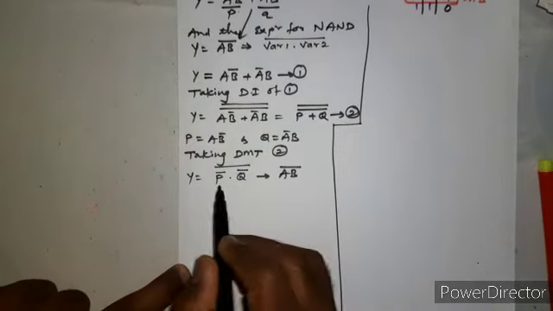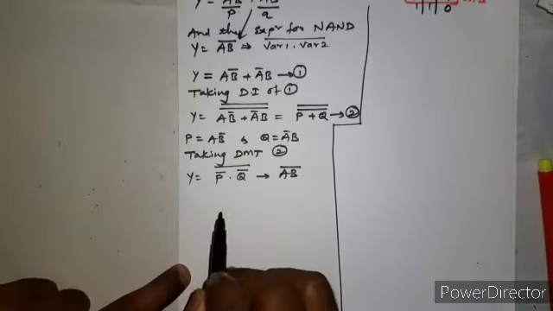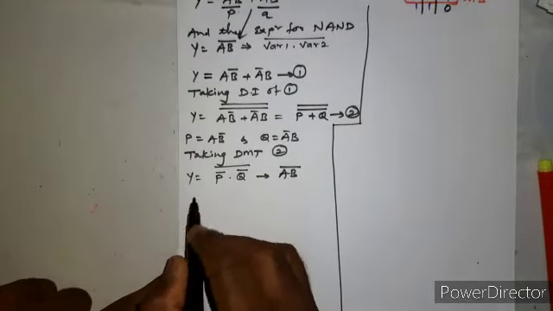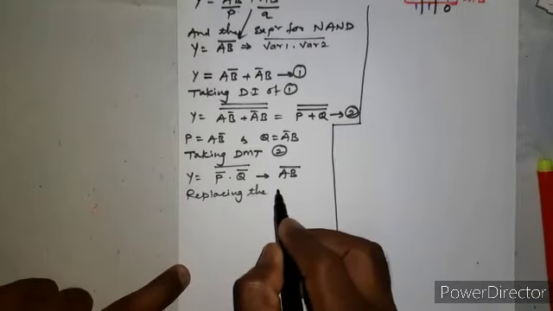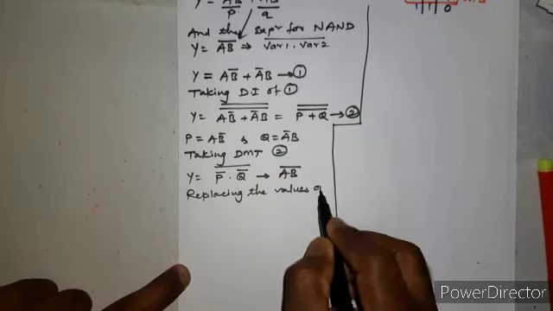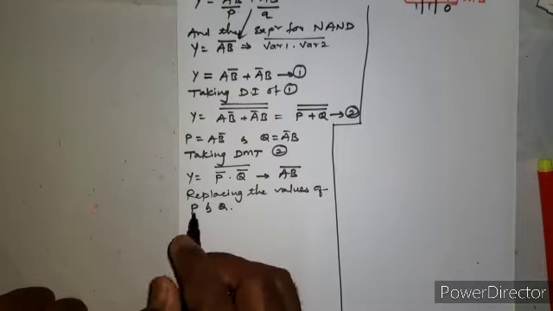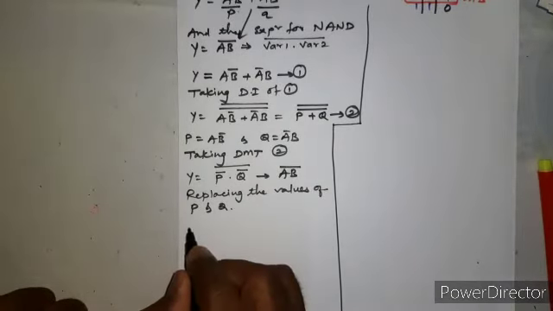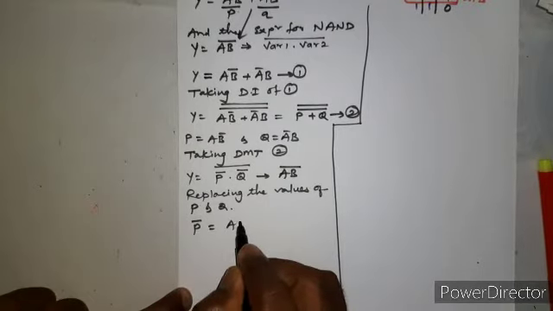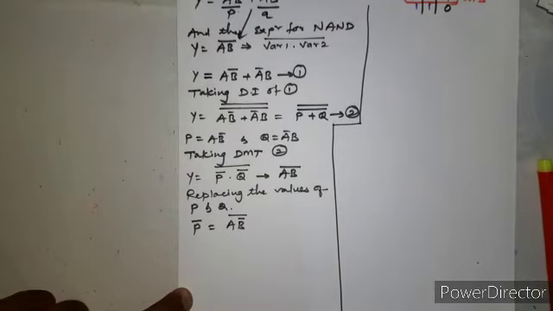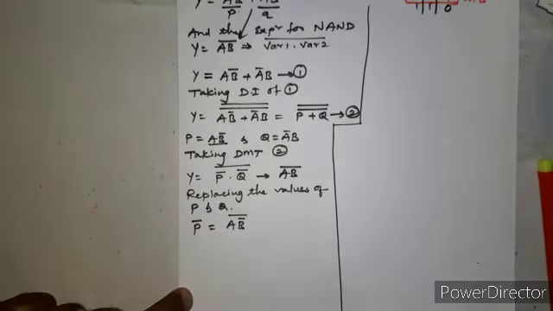Yes, it is, because A here is P bar and B here is Q bar, whole bar, right? But replacing the value of P and Q, P here is A B bar, so P bar should be A B bar whole bar,